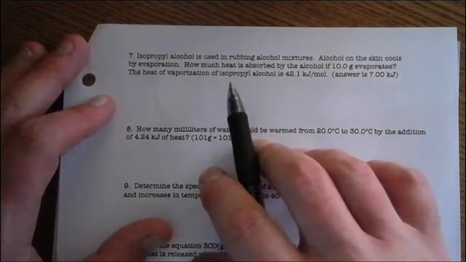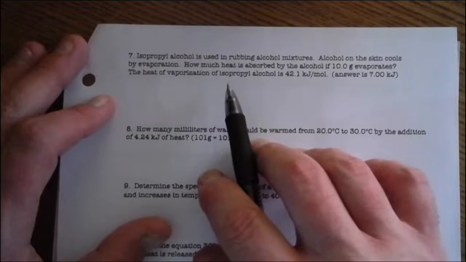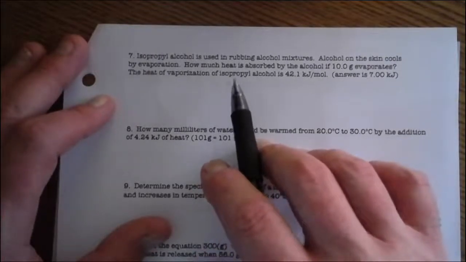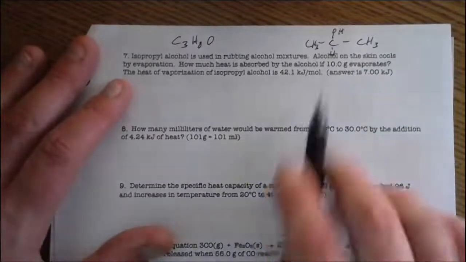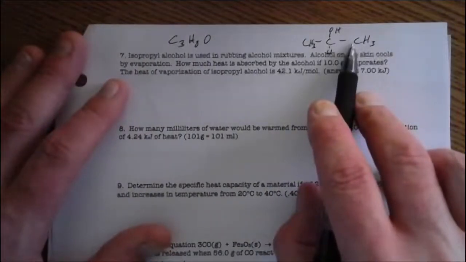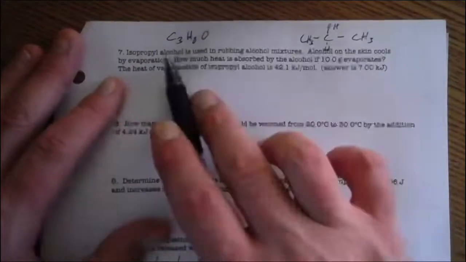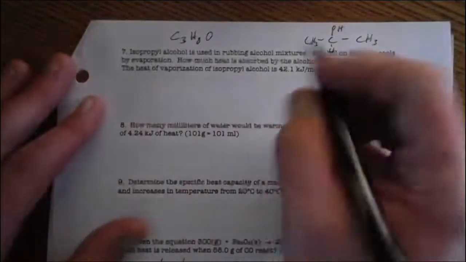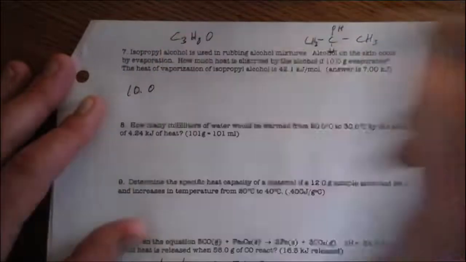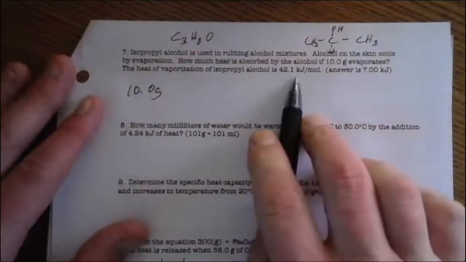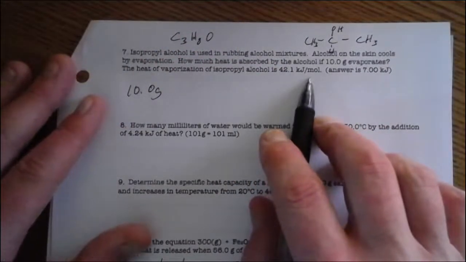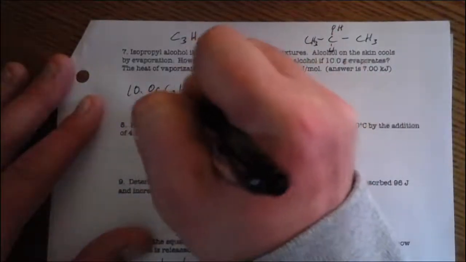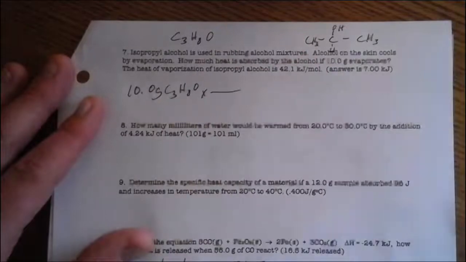So what you would need is the formula for isopropyl alcohol for this. Somebody want to look that up on the internet? This is the actual structure of isopropyl alcohol. This is the formula, C3H8O. So we have 10 grams of it. Again, is this in grams or is this in something else? This is in grams. So what we need to do is figure out what the molar mass